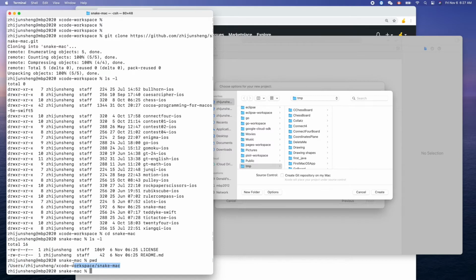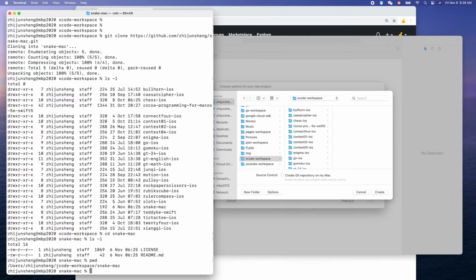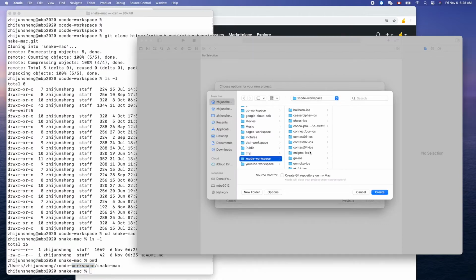So this time, if we put it here, it's under Git control. Git is a super good source code management system. Before, we put all our project right here under the temp directory, so it's not under Git control. It won't be saved in the GitHub server. So today it's inside, you see, Xcode workspace here, and snake dash mac